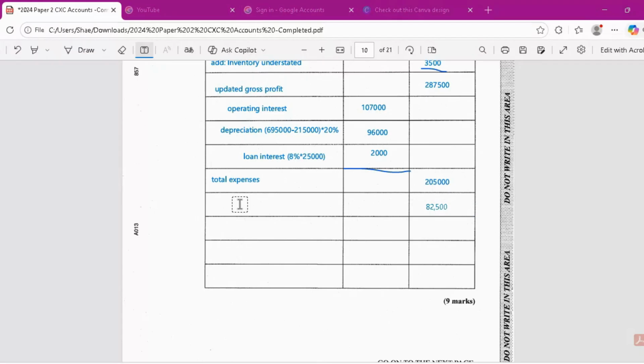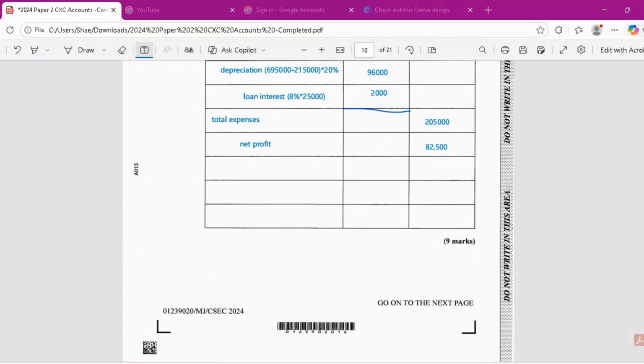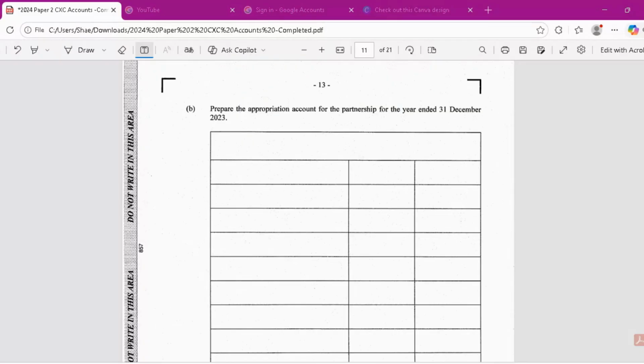So pretty simple question. Just remember that if there is something that affects inventory, it will affect your gross profit. Alright, so that's 9 marks. Then we move on to prepare the appropriation accounts for the year ended the 31st of December 2023. As said before, the first thing that you need to do is head up your statement